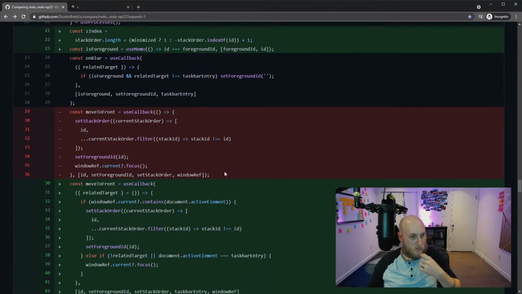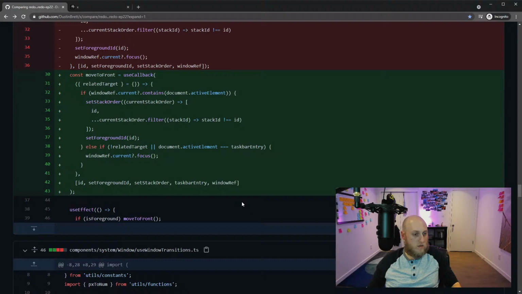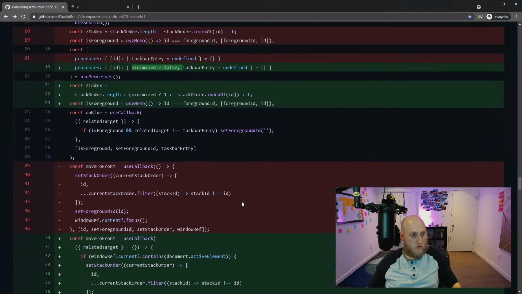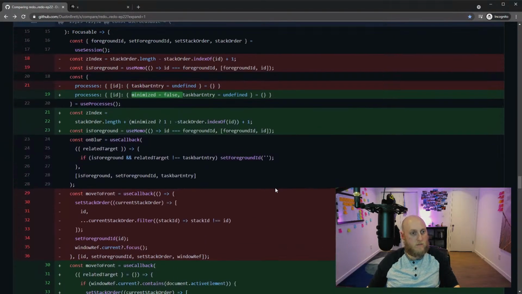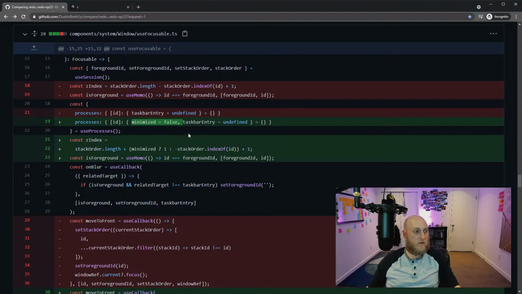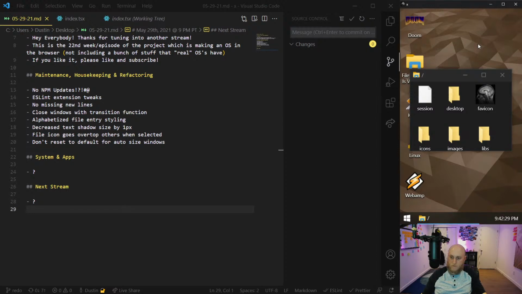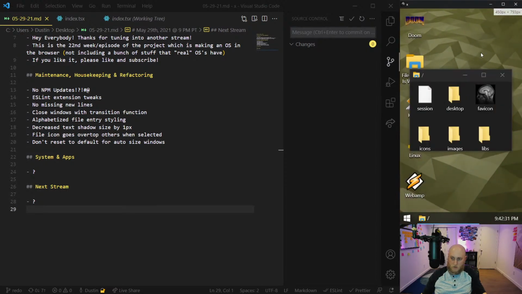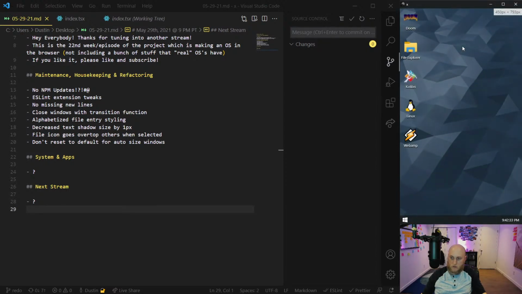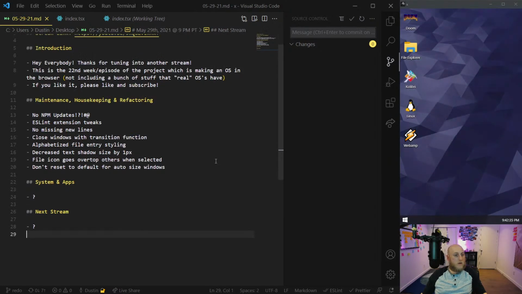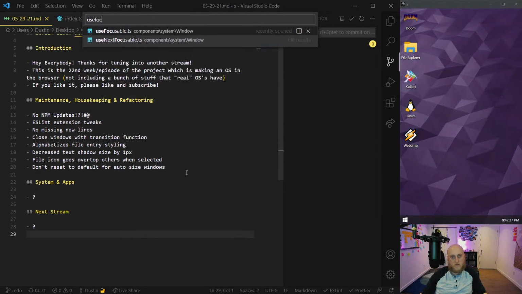I think I've changed the way focus works to be more sensible. Oh man, yeah, we're gonna have to go through this and try to remember what I did here, because I remember thinking this was more clever, but I don't remember why I did. So let's try to figure out together what the heck I was doing and what my motivations were. I'm just going to go to the file. The file is the use focusable hook.